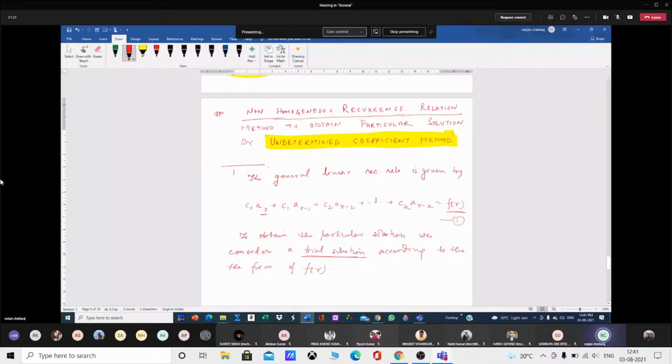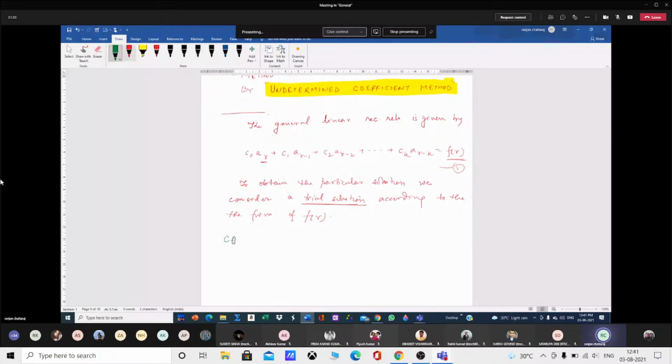So first case, case 1. Like in the case of the linear differential equation, where the form of f(x) on the right hand side is e to the power ax, or a function of sine or cosine, or e to the power ax into some other function g(x), here also we have some particular type of f(r) from where we can easily get the solution. Otherwise, we have the method of generating function also. So if f(r) is equal to c, some constant,